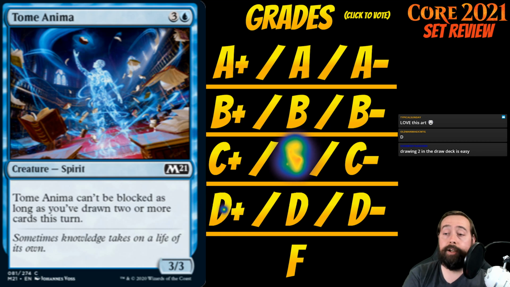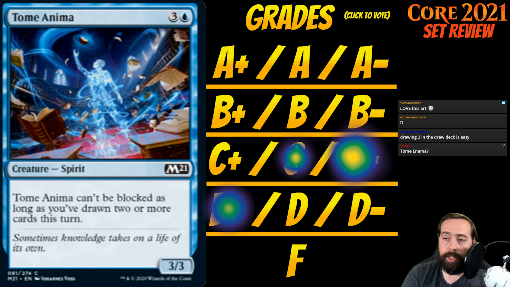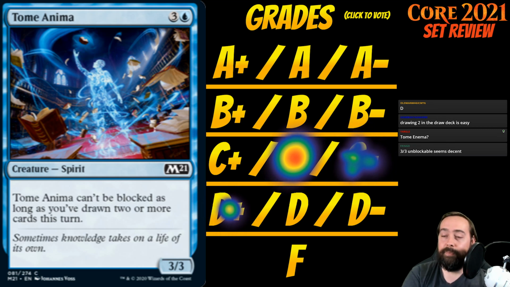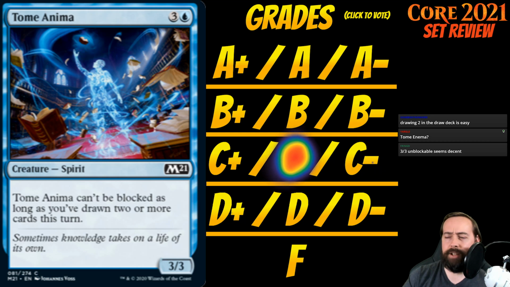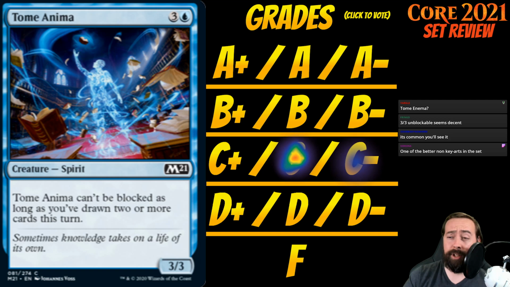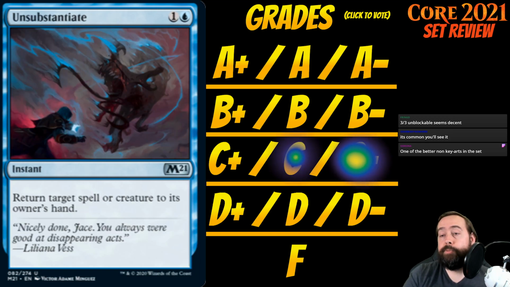Okay, if I'm drawing an extra card every single turn, this is a C, C+, I guess. Yeah. I think there's better cards to play in every deck that wants this card, so I go with a C- on this, or yeah, just a C-. Because the turns where this is a 3/3 that you paid 4 for and not unblockable, C-. Up next is